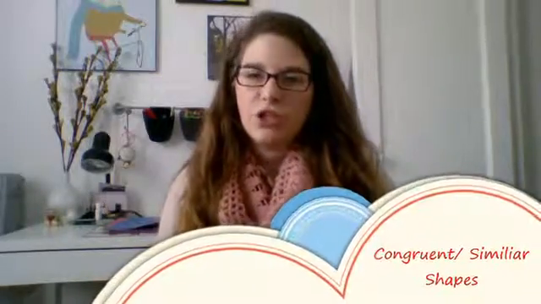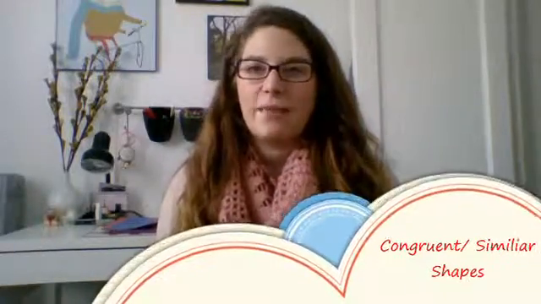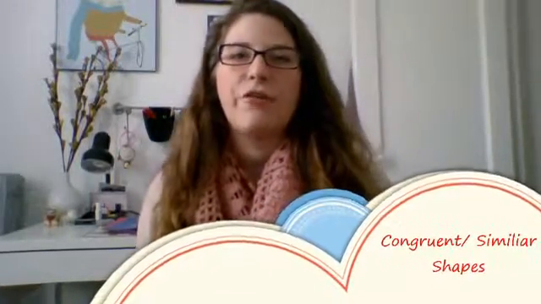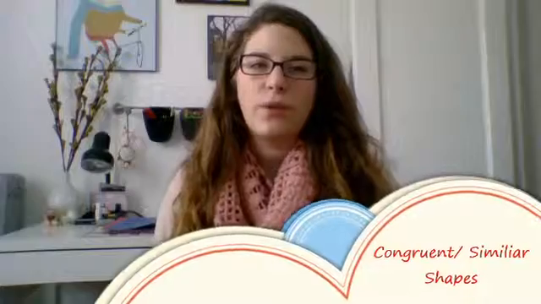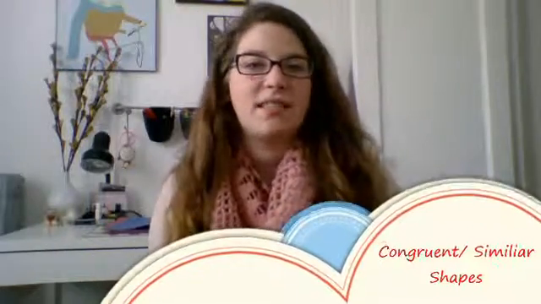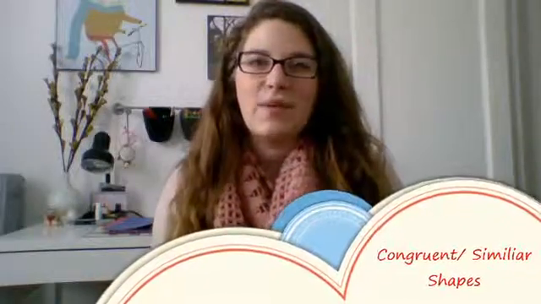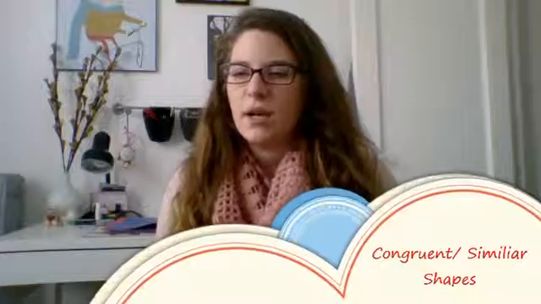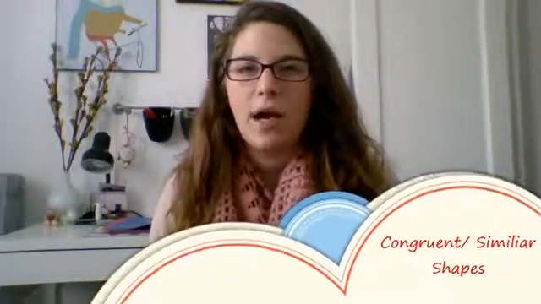Start talking about congruency and which shapes have the same attributes and which shapes do not. We also want to talk about similar shapes, and if 2 squares, even though they're both squares, they can be vastly different sizes. I can have a small square and I can have a large square, but if they're related, they can be similar. I'm also going to want to start talking about area in a more complex way, and